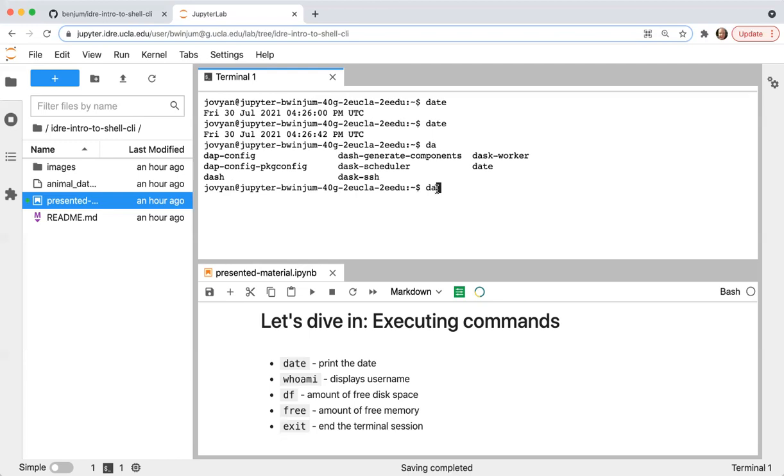So I've typed in DA, and when I hit tab twice, it spits this out and then asks me to complete the command. So these are actually all of the commands that I could type in to finish what command I'm typing into the shell. So date is the one I want. If I type DAT and hit the tab key, then it gives me date.